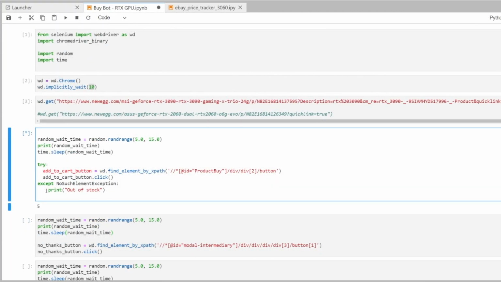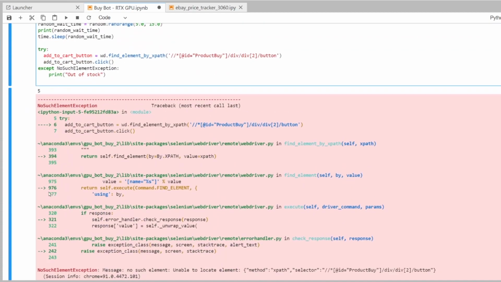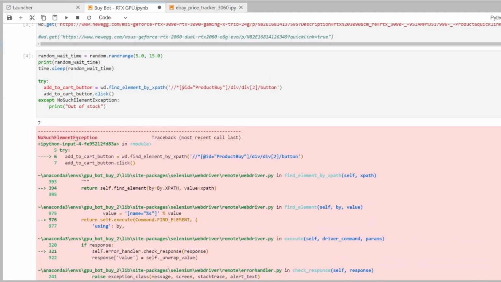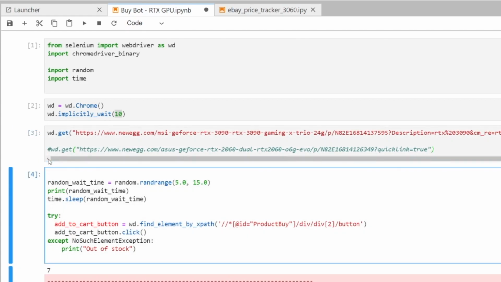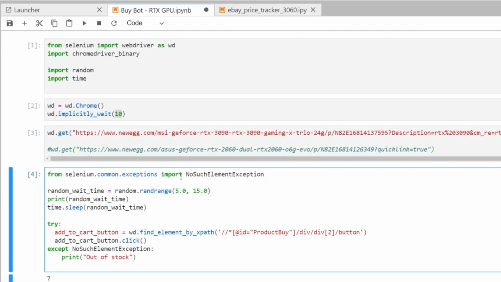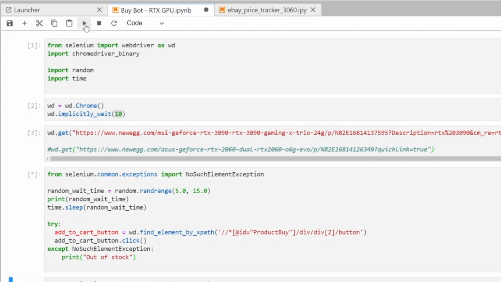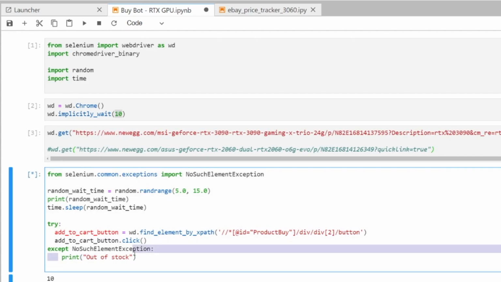And we should be able to see, instead of an exception, oh, I didn't get it. Okay. Right, so I got an error, and the reason for this error is because I forgot to import this class, because it's not available by default. So I need to do from selenium.common.exceptions import NoSuchElementException, and now it should work. So now my expectation is, if the add to cart button is not available, right, it's going to print this message here instead of throwing an exception.